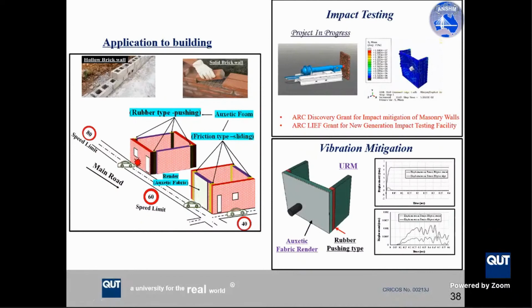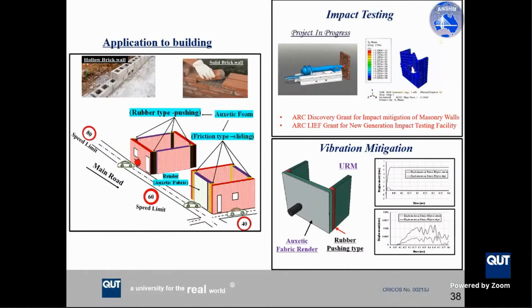The testing includes low, medium, and high velocity impact on the masonry wall and the auxetic rendered masonry wall to study the effectiveness of these materials in the mitigation of